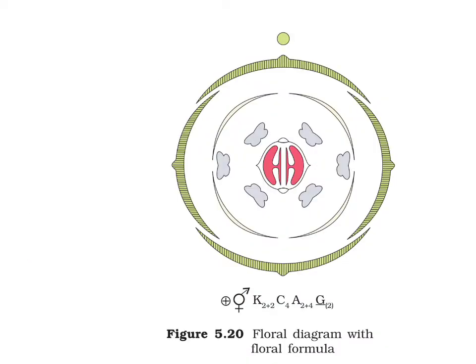So with the help of this diagram, this is a floral diagram with floral formula. So you are supposed to draw the floral diagram in your classwork. Here the green part, which is the outermost part, is showing the calyx. Then inner to it corolla is shown. Then these structures are the androecium part, that means stamens. And lastly in the center the ovary is shown, and even the locular part is very clear. And just below the diagram, the floral formula is written. So you are supposed to write both in your classwork.